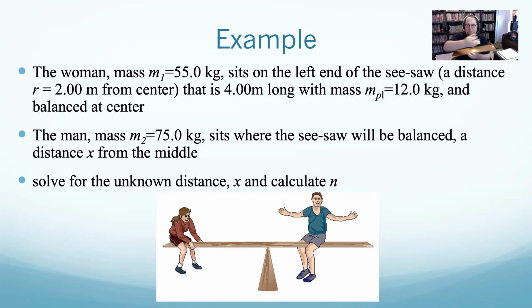So what we say is a woman sits on one end of the seesaw. A man who is 75 kilograms sits somewhere else. And he sits at a place so that the weight is balanced from a pivot point right in the center. That if I put a pivot point right here,